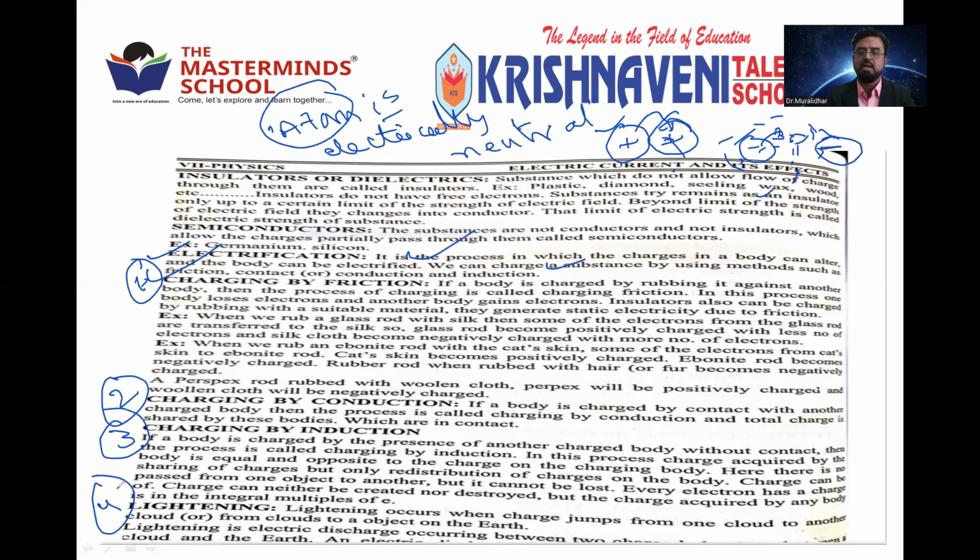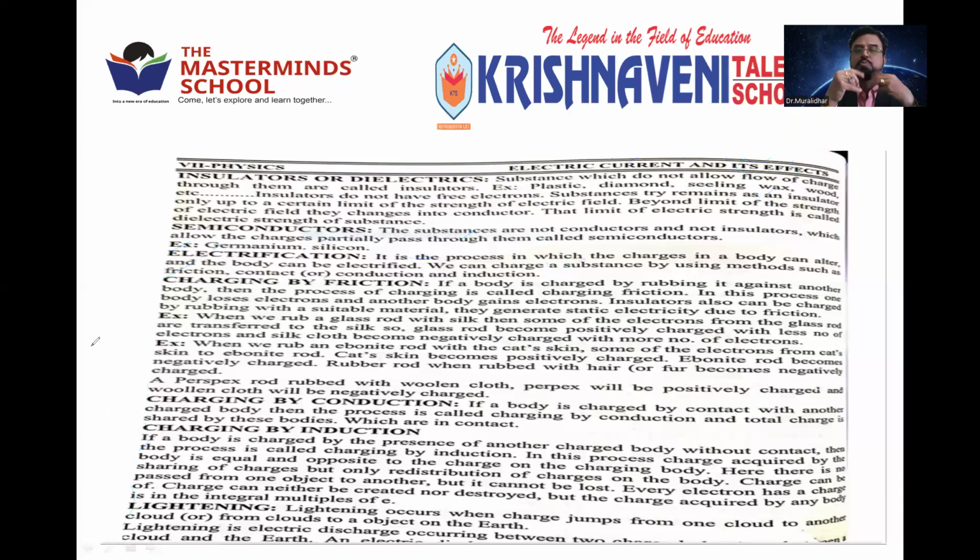Thunder is a different thing, but lightning is also one of nature's processes to produce or give a charge to bodies. What happens here is that when two clouds collide, the charge is transferred from one cloud to another cloud, or from a cloud to the surrounding particles, or from a cloud to the earth. Due to that we get the light, which we need protection from. If the lightning is more, it damages many things. So these are the four very important processes to produce charge, which was first observed by